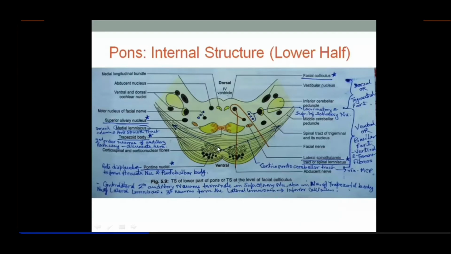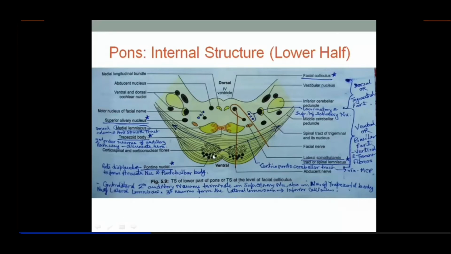Now about the white matter present in the basilar part of the pons. Among the white matter, there are vertical fibers and there are horizontal fibers. As I told you, vertical fibers are placed ventrally, and because of that, there is this bulging anteriorly. The main bulk of the white matter, the descending fibers, are the pyramidal fibers, which are called corticospinal and corticonuclear fibers. Apart from that, there are also vertical fibers coming right from the cerebral cortex to these pontine nuclei.